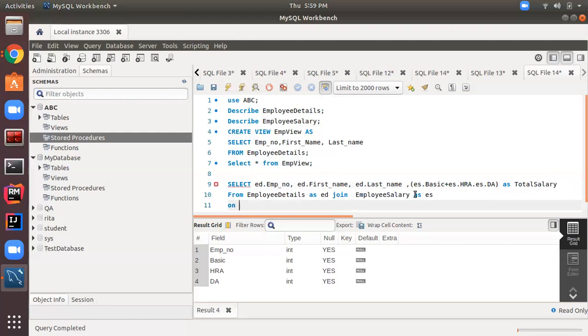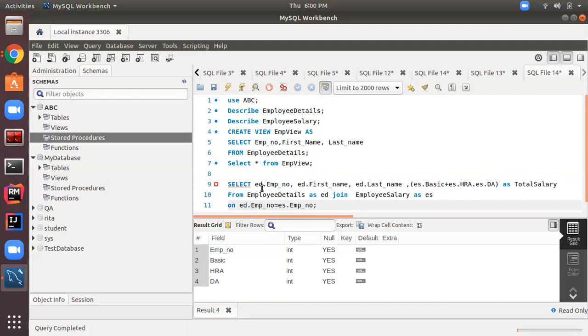Here I will give the condition. What is the condition? Where the emp number in both tables is equal: ed dot emp number equal to es dot emp number, where es is the employee salary table. So we have written the query.